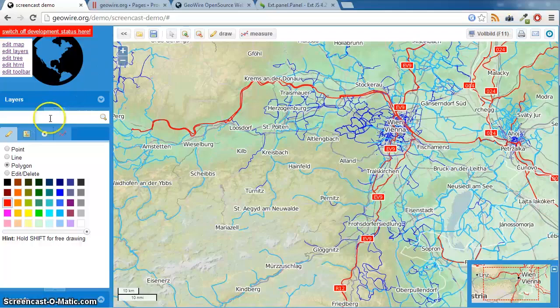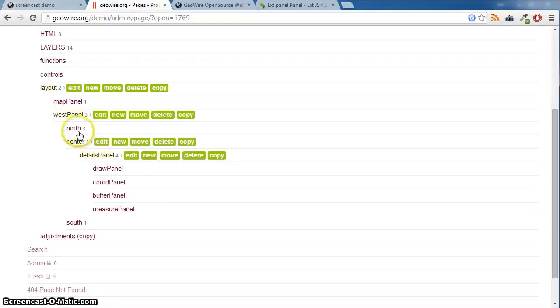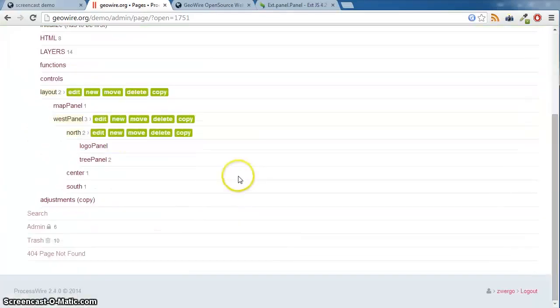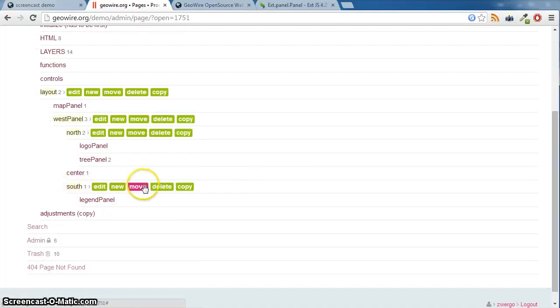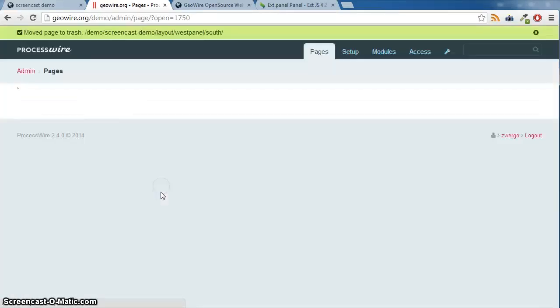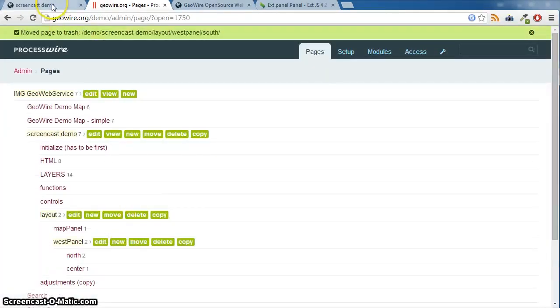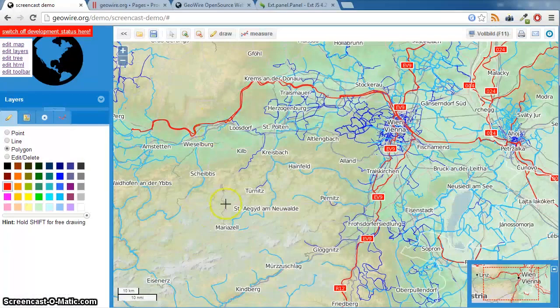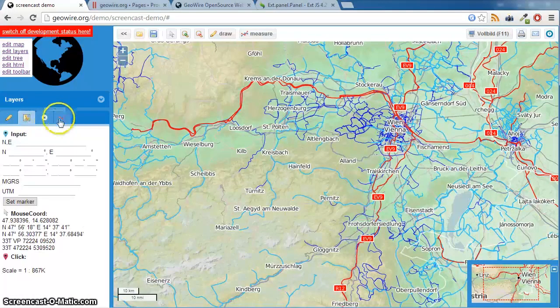The search input is also not needed, it's north, so we can also delete this. And yeah, actually we could completely delete the south region, because we don't want to have the legend with some stuff in it. Reload, and here we are. Okay,